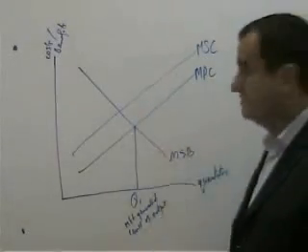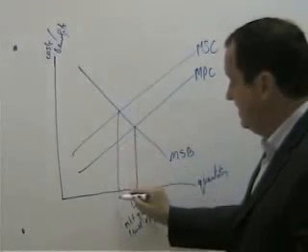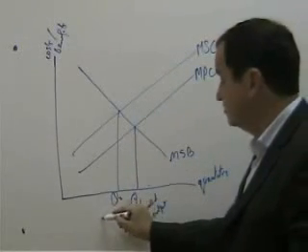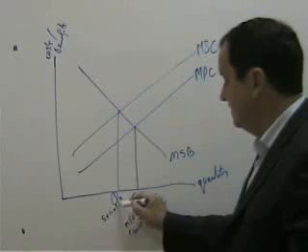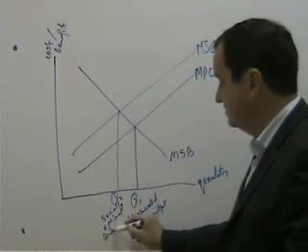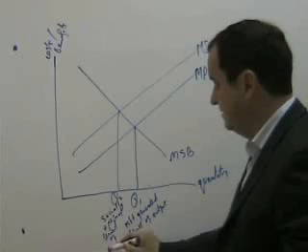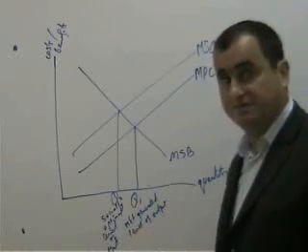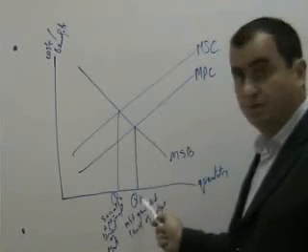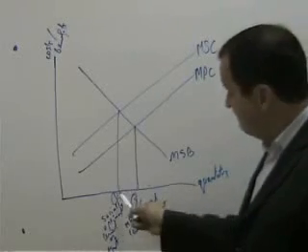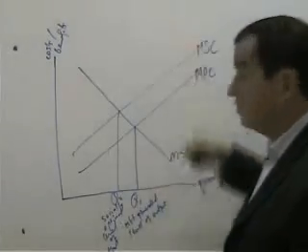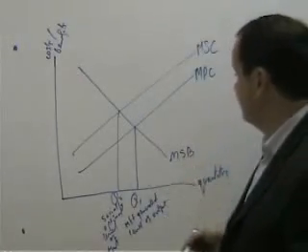Now we have a new equilibrium position here, and a new output level, Q2, which is the socially optimal level of output. The best level of output for society. But we have market failure because the market gives us Q1, too much. Every unit between Q2 and Q1 generates more cost than benefit,